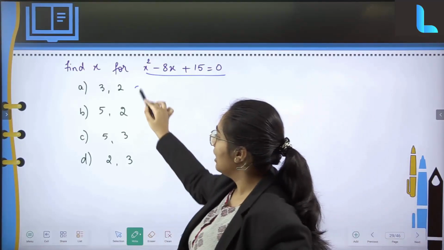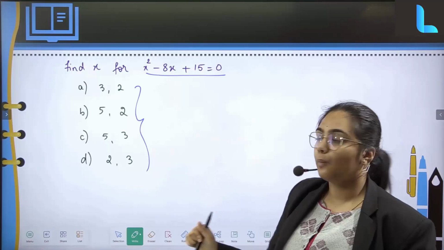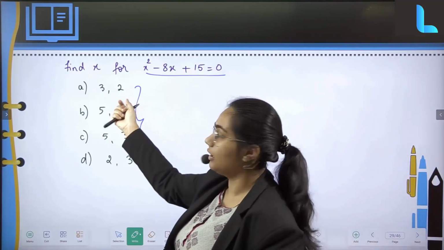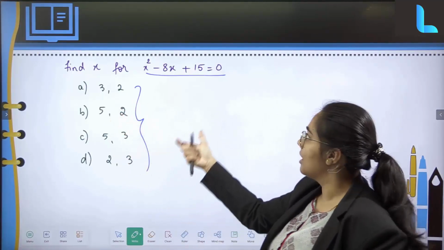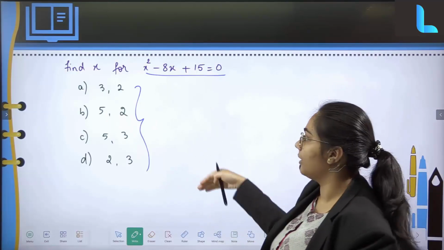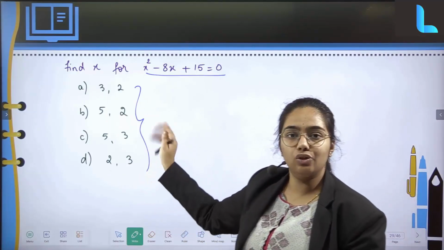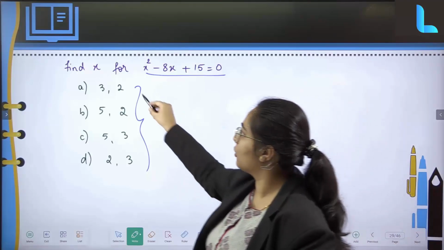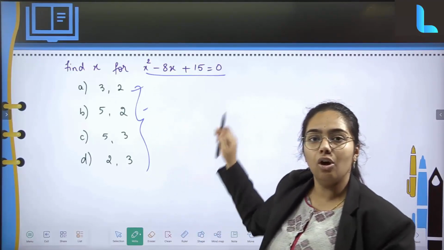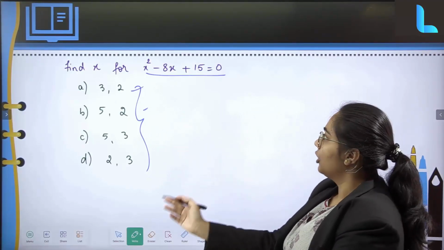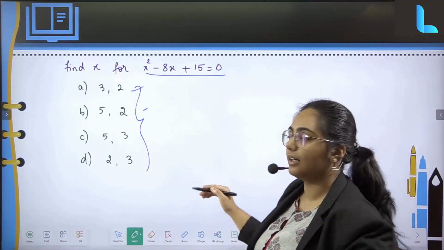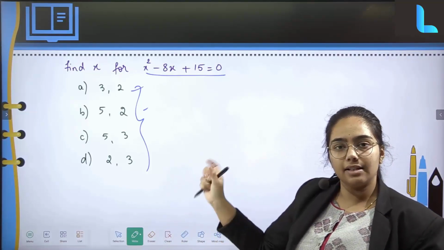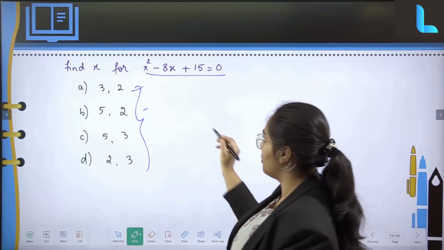Next question. Find the value of k over here. They have just given you certain options. Either you can just take the values, that is you can consider the numbers, or you can just solve for it and then go ahead and choose which is the correct option. That is either go for trial and error method or solve for it and then find out the value of x. You can again use any factorization method or formula method also.